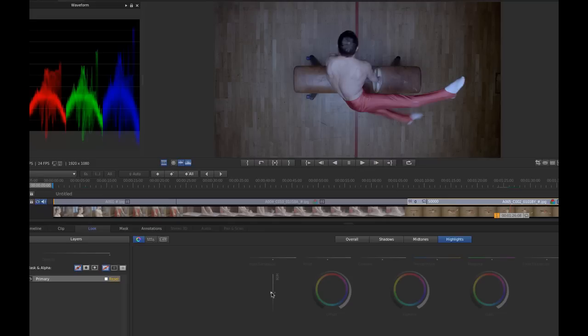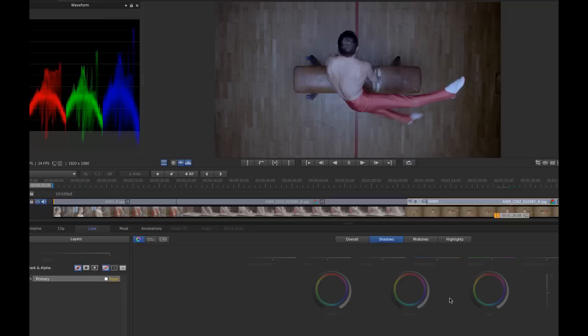So I can jam this up closer to the highlights or closer to the mid-tones. The same with mid-tones. On the right-hand side, there's shadow and mid-tones, highlight and mid-tones, and then shadows. Obviously, there's no reason to have highlights in the shadows, so we've got shadows and mid-tones with all of the